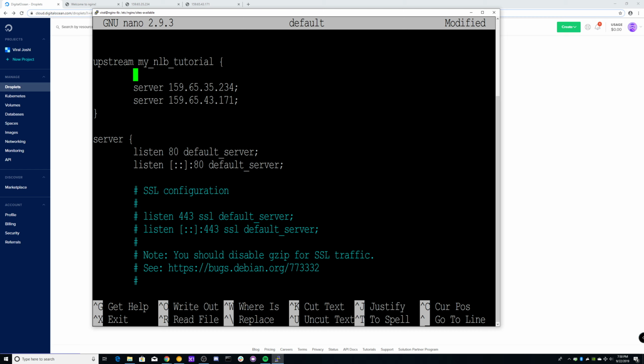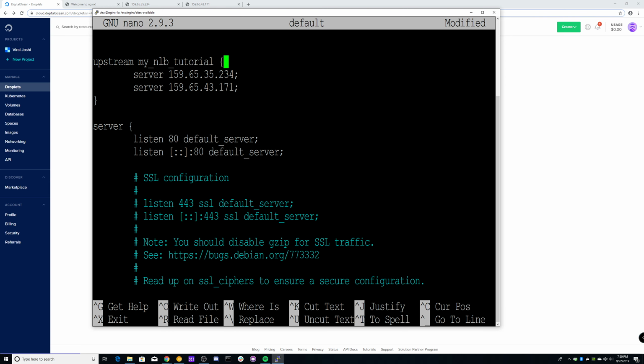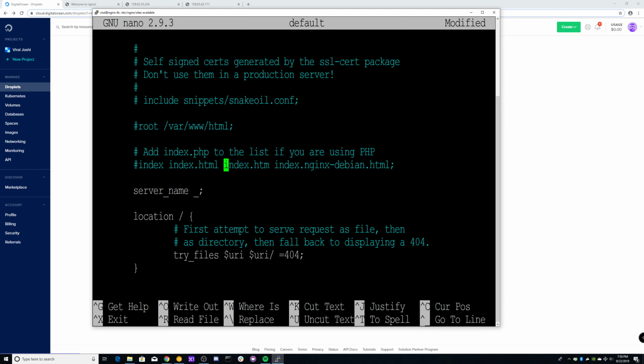No, it's not it. As I mentioned earlier, we have different options for load balancing. We actually have three different options, so let's just go with this one. If you don't specify which option you want to use for upstream, Nginx will decide by itself. So next thing we want to add here, let's comment this one out,